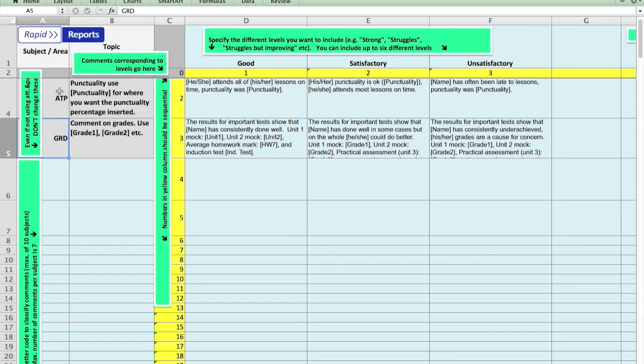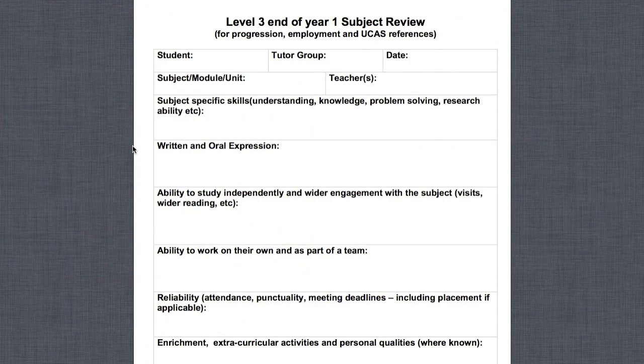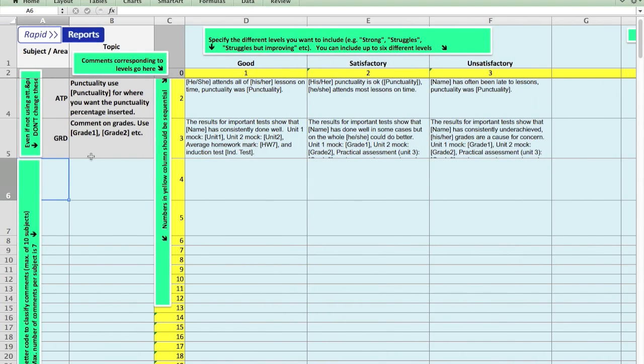I'll now give some examples of how the subject or area of learning and topics work together. If I refer to the reports pro forma I'm using for this example, the first comment is about subject-specific skills, referring in particular to things such as understanding, knowledge, and problem solving. I will call this, for short, understanding, and I'll need a 3-letter abbreviation to label the area of learning. I will use UND for short,